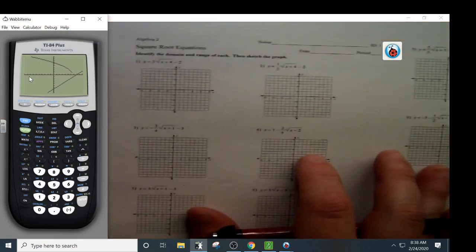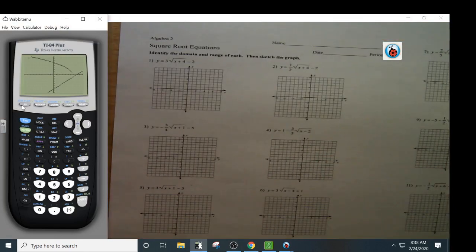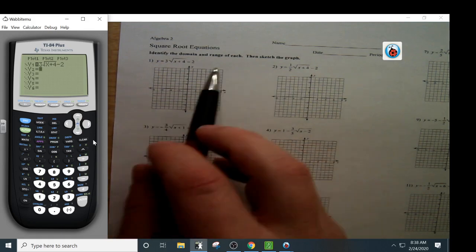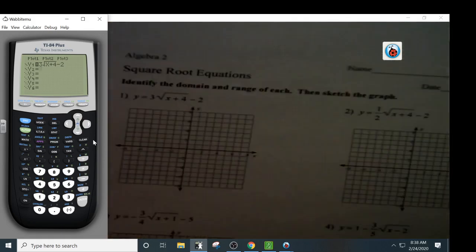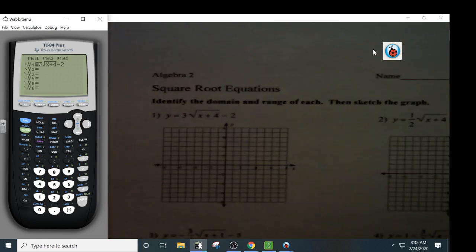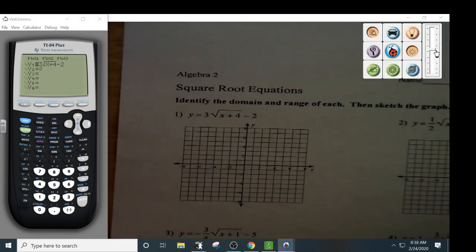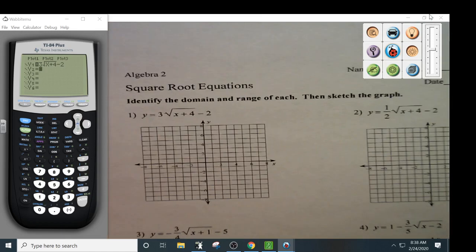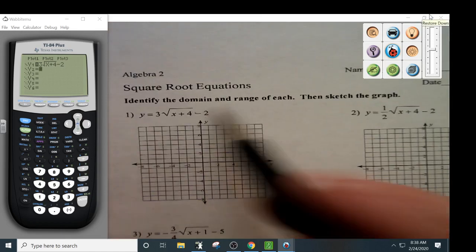Now, guys, what you're going to do, you're going to put this in Y equals. So 3 times the square root of x plus 4. All right, so you're going to put it in your calculator just like you see it. Okay. 3 times the square root of x plus 4, minus 2. Make sure, guys, that minus 2, notice it's not underneath the radical. Make sure you keep it that way. If you put that minus 2 underneath the radical, it'll mess it up. Okay. Notice that the radical stops at x plus 4. Okay. All right, now